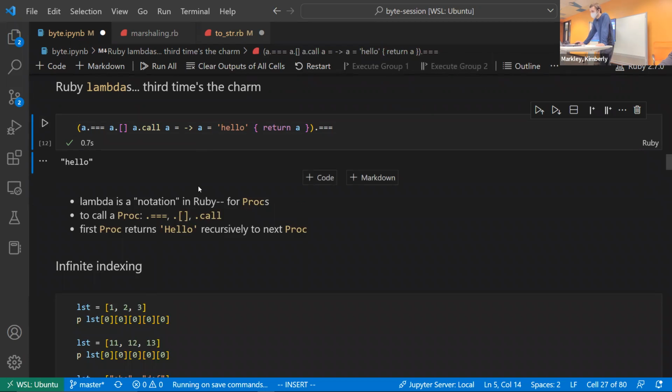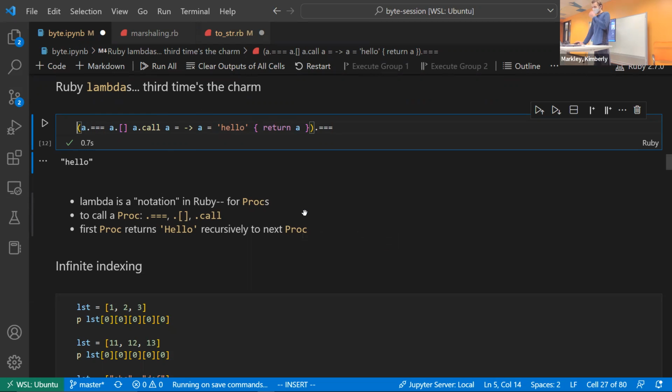So what's happening here is it creates a lambda function, and then there are 3 different ways to call it: the equals equals equals, brackets, and call. And then the last line is just an explanation for what's going on. So it has a equals hello, and then it returns that. I think what's going on here is also that it's defining a as a function that returns whatever it's passed in. So it returns the hello, and then the function that's taking that in just returns it. And so it passes it on recursively to the last